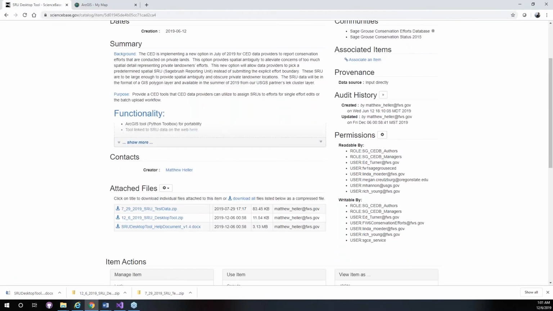So the output of this process for the desktop tool can be used in the SRU batch upload process that Justin's going to talk about in detail here. And then also, if you don't want to go through the batch upload process, those results can guide you through using the SRU footprinter web tool. So now that we got that out of the way, I'm going to bring your